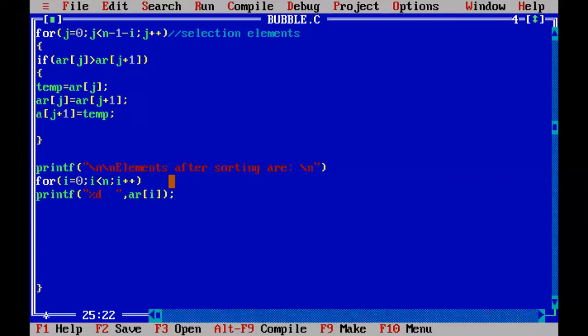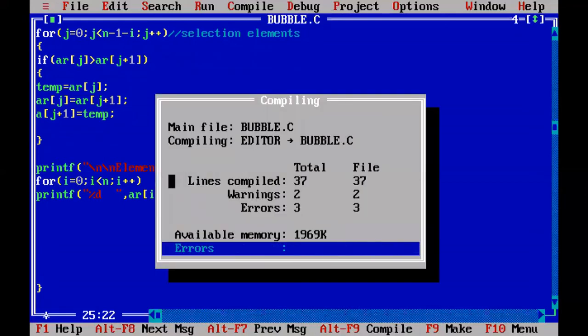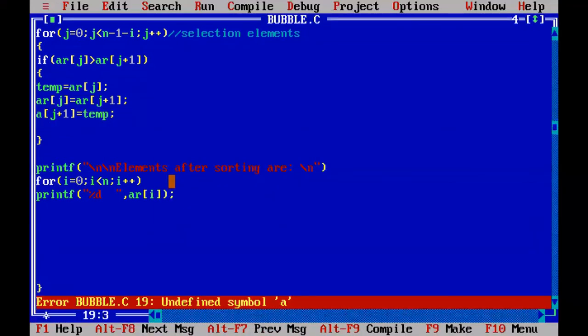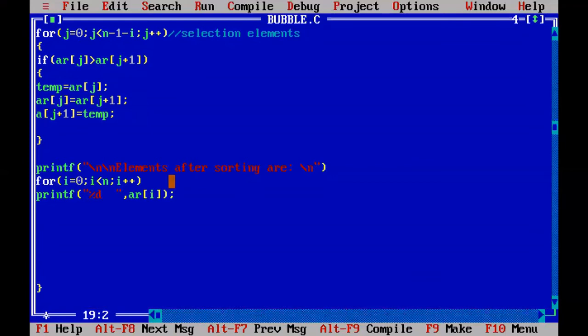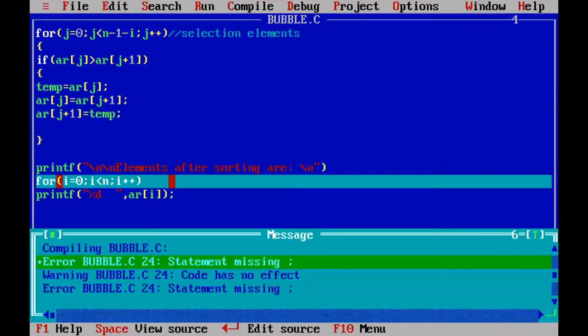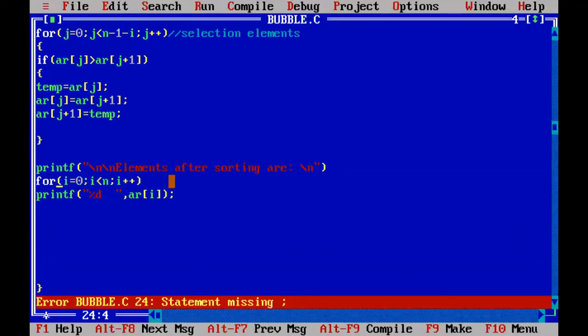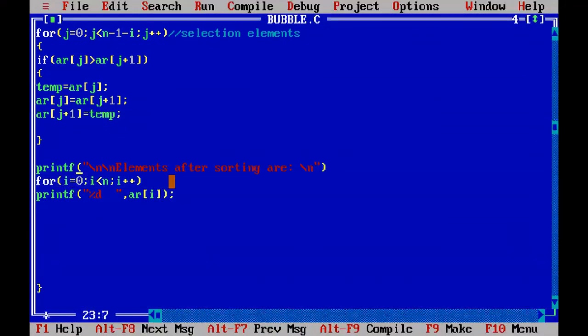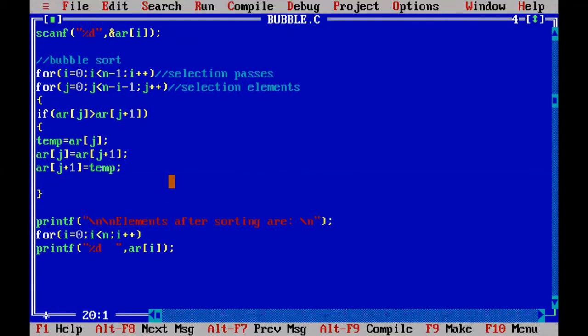Now press Alt F9. Here you write down AR, and Alt F9. Here after printf you write down one semicolon. Here you close one more if condition. Close the if condition here.